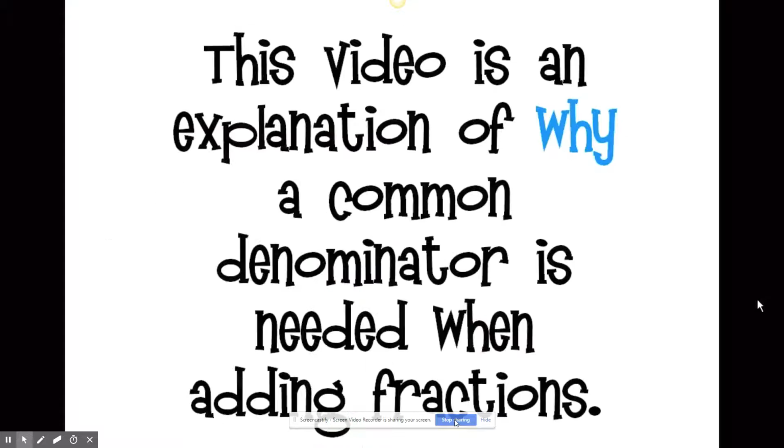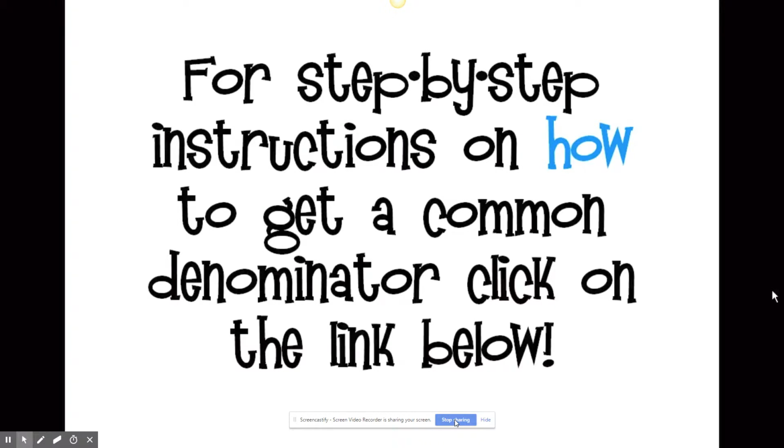This video is just a short explanation of why a common denominator is needed when you're adding fractions. For a step-by-step instruction video on how to get a common denominator, click on the